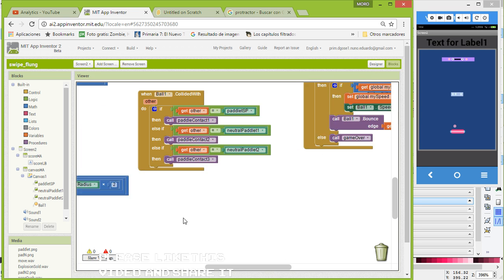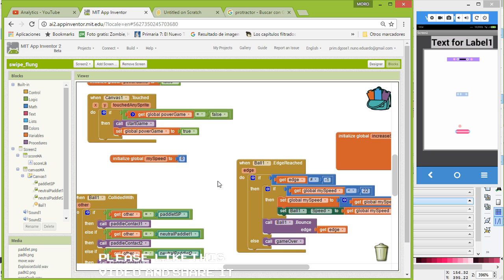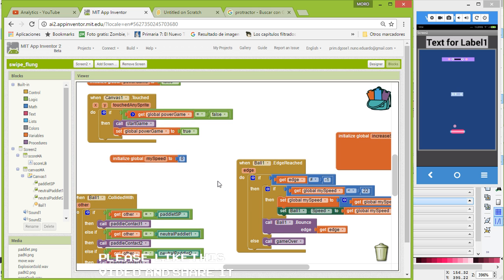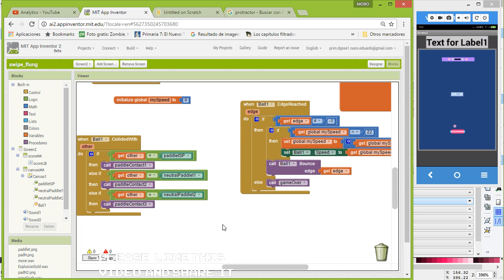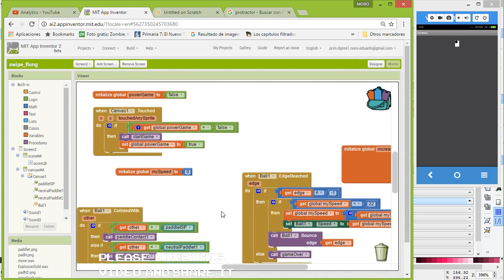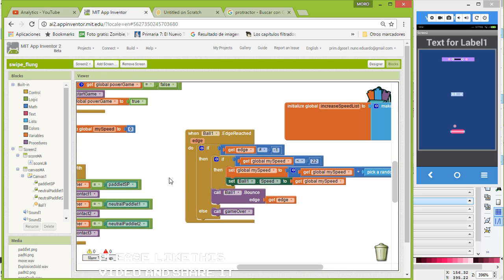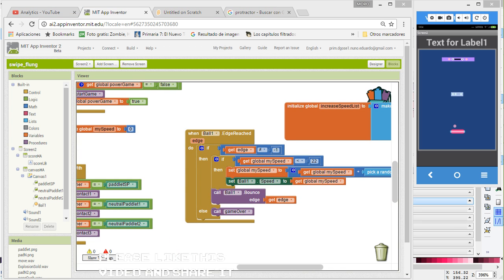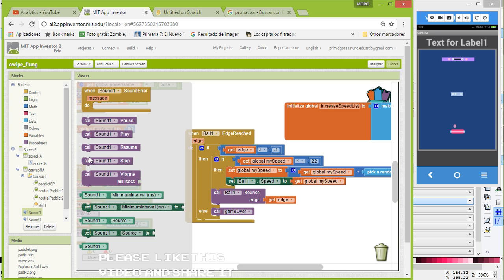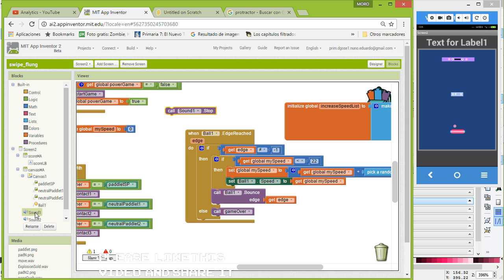let's work with the sounds. So what happened now? Just wait, it's a little bit slow. Well, for the sounds, when we have these kinds of collisions with the ball, colliding with the edges, yes, we want to play a sound. Okay, so let's play a sound when we have, first we stop any possible sound and then we just play the sound. Okay,